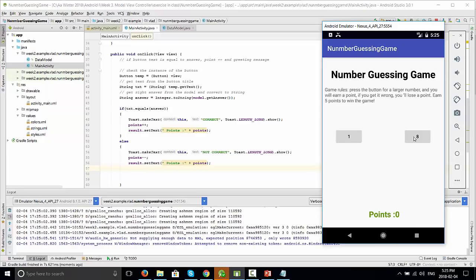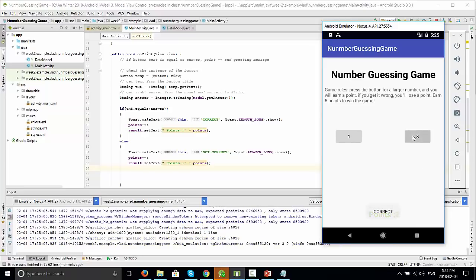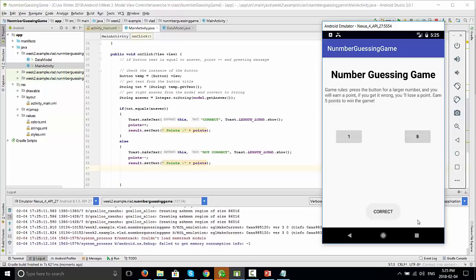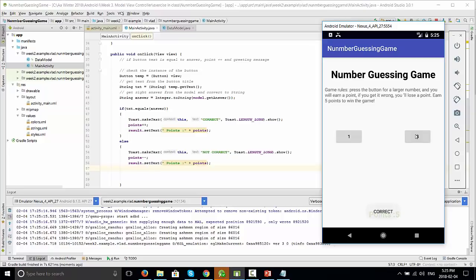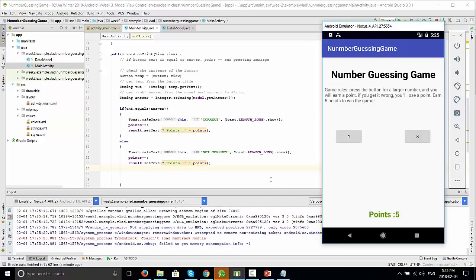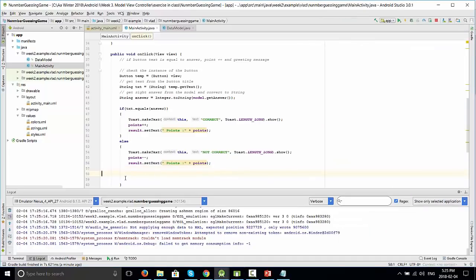So if you basically press many times, probably we accumulate a certain number of points, and we want the game to stop when we get 5 points. This is what we have to also do. And we need every time new numbers. So what to do in this case? In this case, we have to